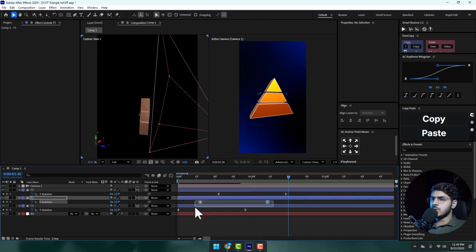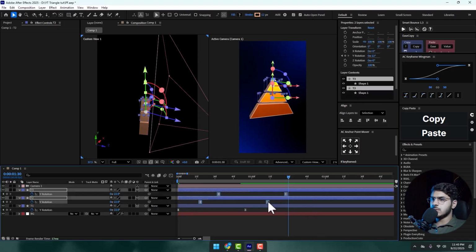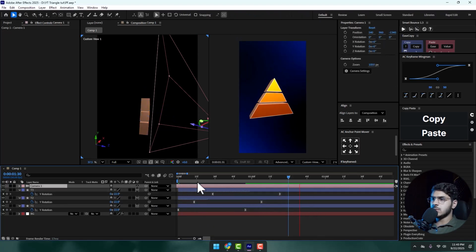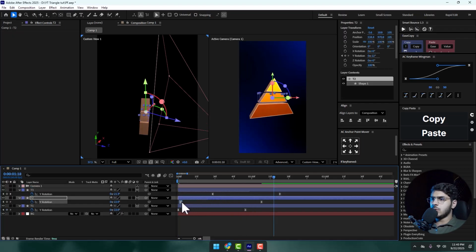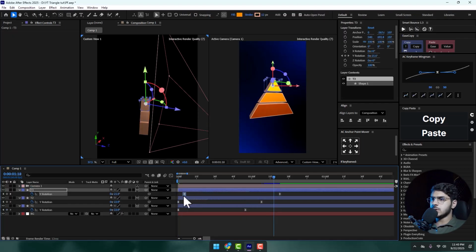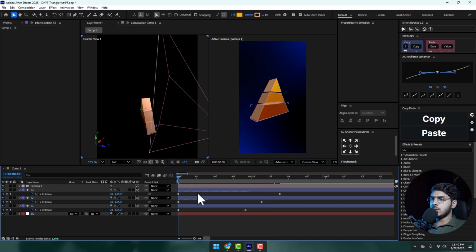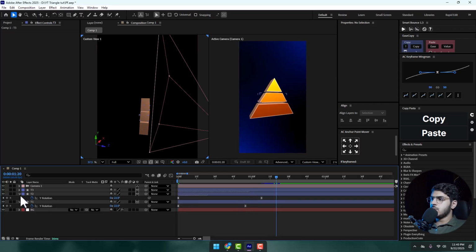Okay, so let's reduce the gap between these frames. I think a little more. Let's bring the first ones together at the same point. Yeah, now it looks much smoother. So next thing we can do is,